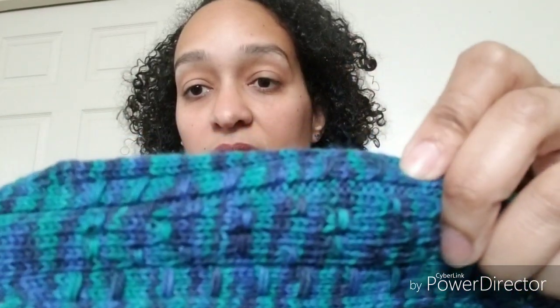So it's a 30 row repeat, and for me, oh, you can see it good. A 30 row repeat, and for me, that is a lot. I usually only do 2 row repeats or 4 row repeats, and that's about all I can keep track of. And I didn't lose my spot, which I was really proud of. I used a row counter on my phone, and I did it cuff down,